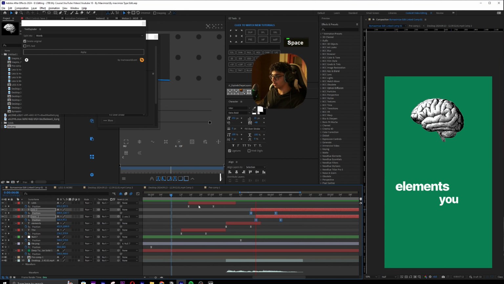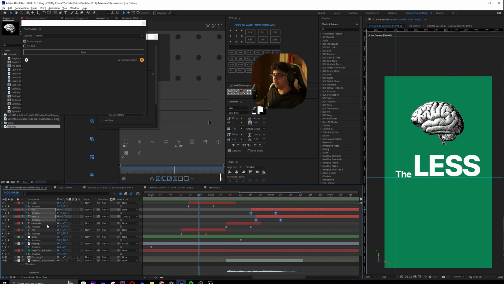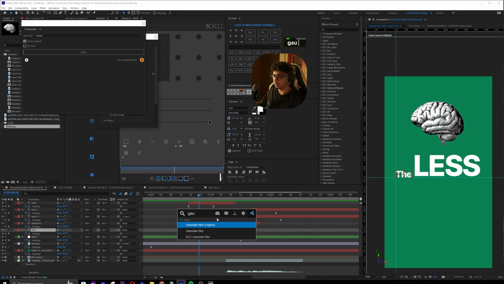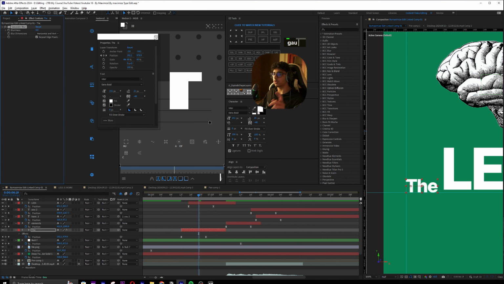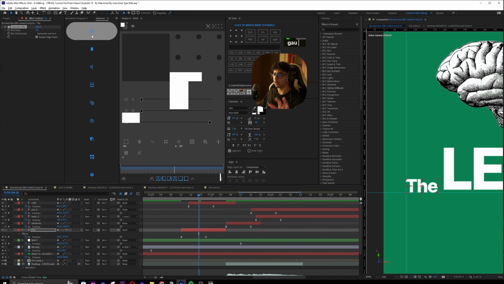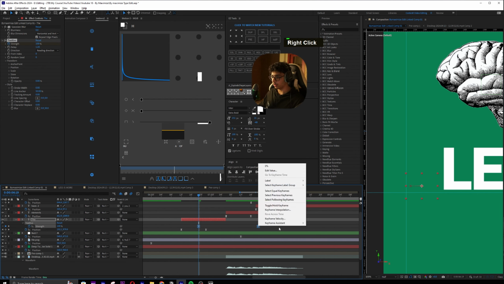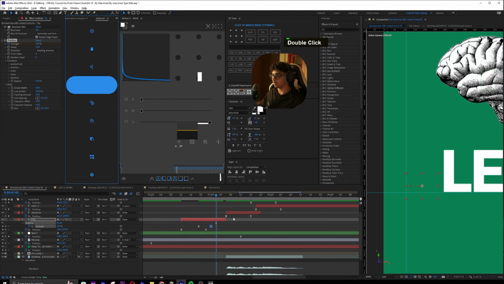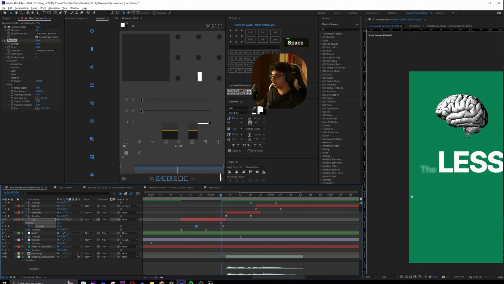The less elements you have, the more space. You can see very smooth, and how we're going to fade those out is very simple as well. So I'm going to add Gaussian blur. You can see this is what's going to happen with Gaussian blur, or I'm going to do it with Text Evo, which is somewhat better. So let me just add Text Evo at 50, and I will flip the strength, and I'll make sure this is complete word. So see how it goes down now, very smooth and very good.